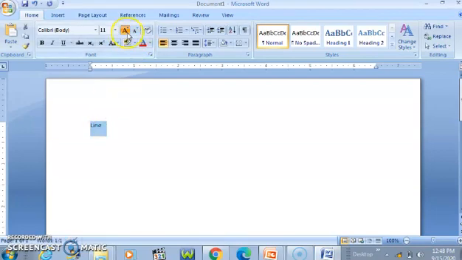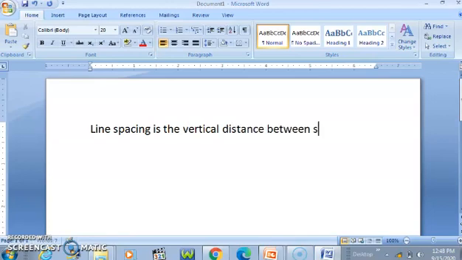I will increase the font size. Line spacing is the vertical distance between successive lines of the text in a document.